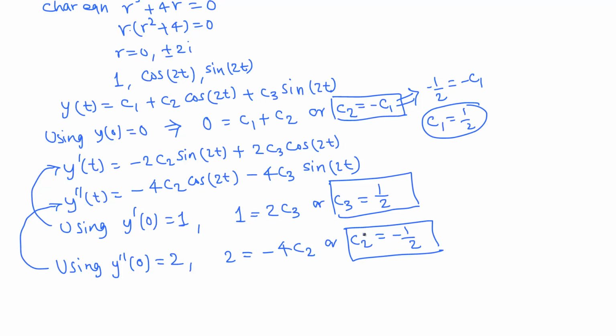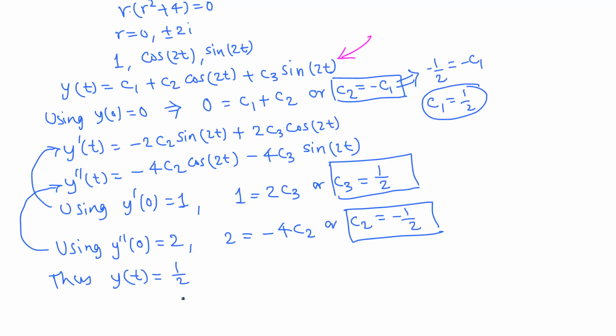Now we have c1, c2, c3, we plug those in to find the solution, the final solution. Thus y(t) is c1 which is 1/2, plus c2 which is negative 1/2 cosine 2t, plus c3 which is 1/2 sine 2t. Final